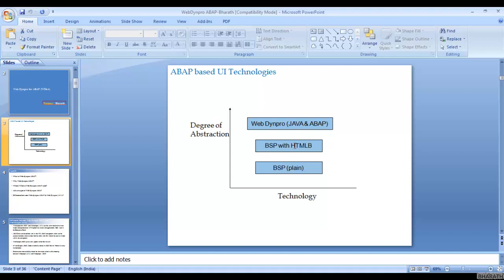Currently in the market we have these two different technologies, WebDynpro Java and WebDynpro ABAP, for developing web-based applications. BSP is also there, but SAP considers BSP obsolete, though BSP technology still has been used in SAP CRM, customer relationship management.